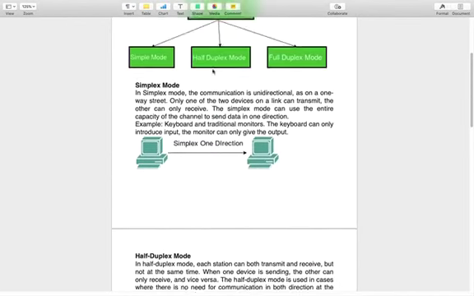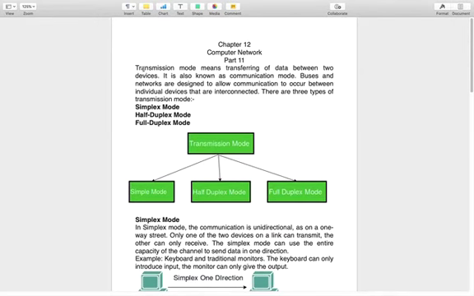So today we learned what is transmission mode. Transmission modes are generally of three types: simplex, half duplex and full duplex. Simplex is unidirectional or one directional. Half duplex is both directional but not at the same time. And in full duplex, at the same time the user can send data as well as receive data. The simplex example is keyboard or monitor, the half duplex example is walkie talkie, and the full duplex example is our telephone network or mobile network.